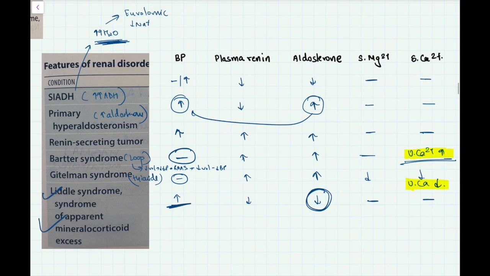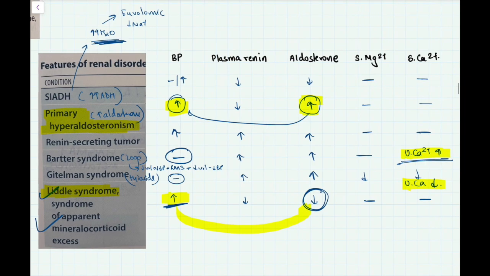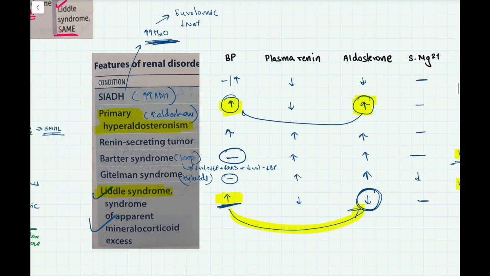So you understand the difference: in conditions like primary hyperaldosteronism, there was an increase in aldosterone which was causing an increase in BP, while in Liddle and SAME, the increase in BP is causing a decrease in the aldosterone levels. We will come back to it later and discuss it again when we do the renin angiotensin system. Now let us move to the next topic,